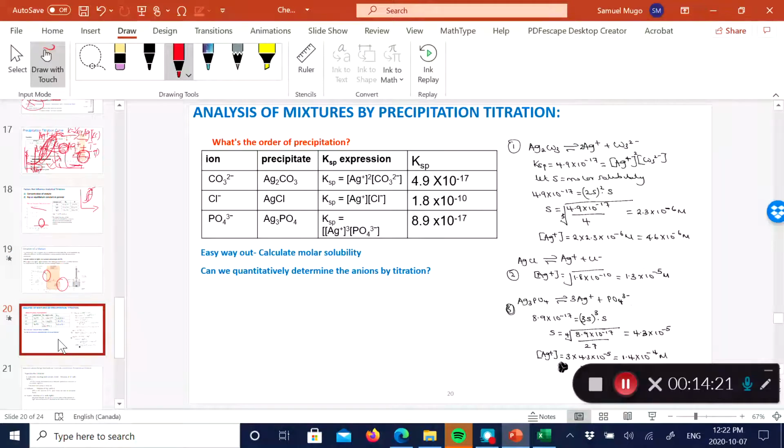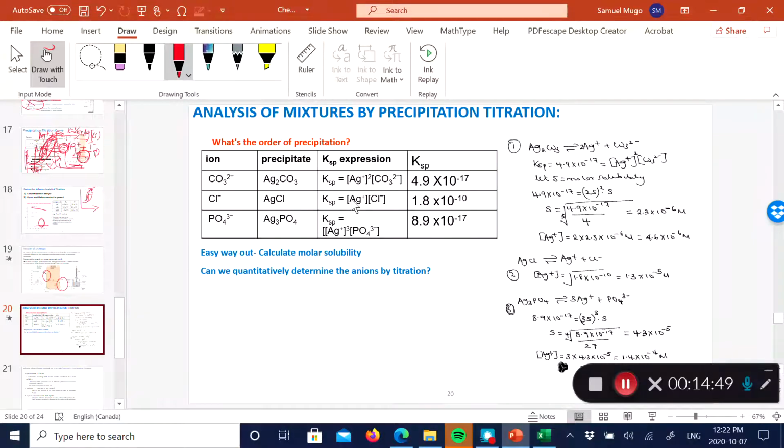So similarly, you can give an example like this, where you've got ions such as carbonates in water, chlorides in water, phosphates in water, which is very common. For example, you're trying to analyze wastewater. Often you'll be looking for these kinds of ions. And so you can use precipitation titration, where I add silver, from a burette, or using an auto titrator, to